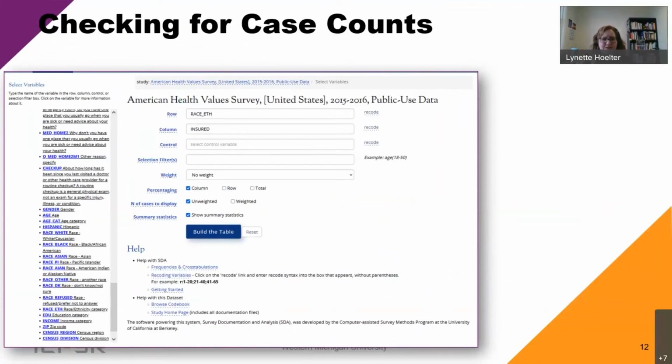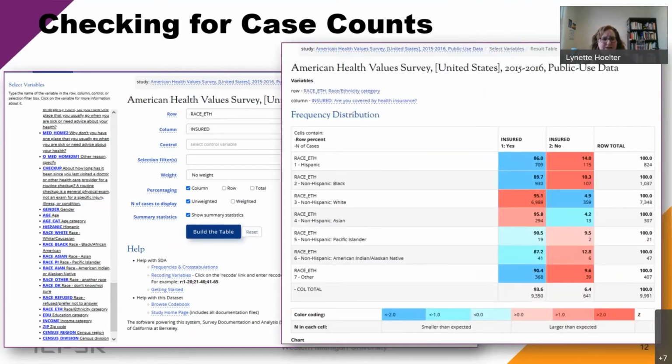It brings up the variable list on the side. If you start typing a word in the boxes, it'll pop up anything that matches. So here I've decided for my research question, I probably want to look at both race, ethnicity, and insurance status. So I want to make sure that I have people who are insured and uninsured across all racial and ethnic categories. So to do that, I put those 2 variables in there, and then I clicked Build the Table, and it brings up a